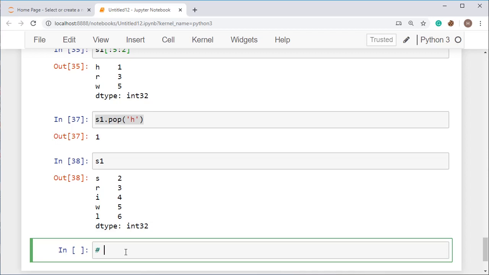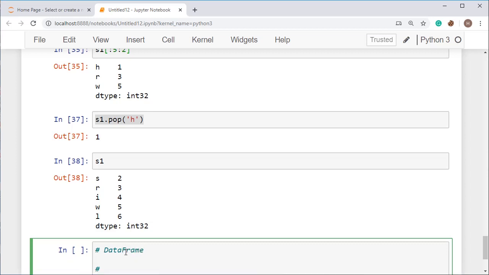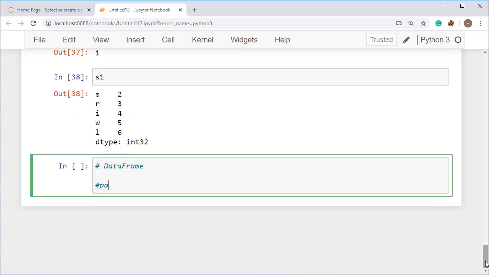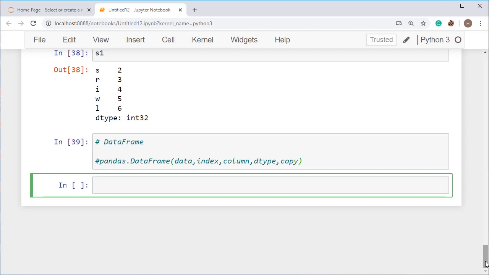So, creating a data frame: you just have to use the syntax I am showing you on the screen, pandas dot DataFrame, and pass the data and index, then pass the columns, then the dtype, and in the last, copy. Data is the array, list or dictionary which you want to put in the data structure, and the index of those things is considered for the index value.